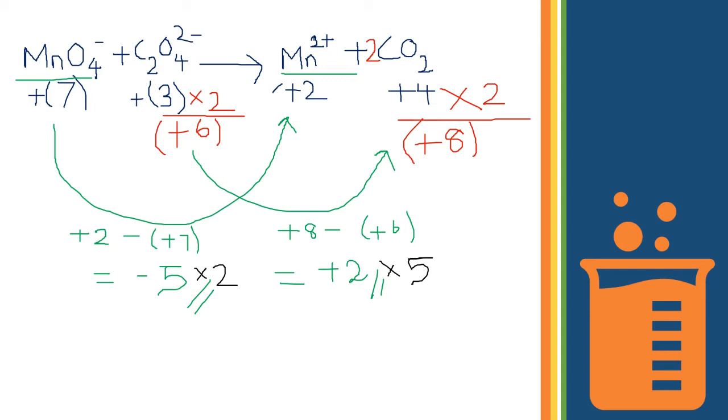Thus when doing that, we also multiply the elements associated with oxidation number changes. So we multiply MnO4- by 2 and Mn2+ by 2. And we do the same for the other pair, where we multiply this by 5 and this also by 5. And the resultant reaction would be